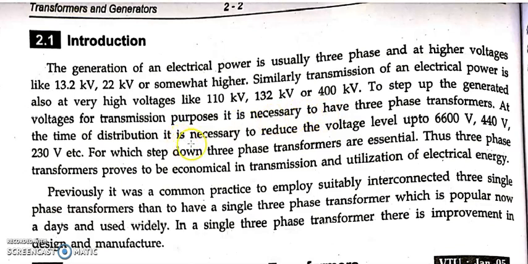At the distribution end again we need step-down transformers, so that these voltages are reduced to voltages suitable for industry or any house. So in a house we get what? Single-phase supply, because all the appliances which you use in a house are single phase. So we receive single-phase 230 volt at our house. There also, even though it is single phase, a step-down transformer is essential.